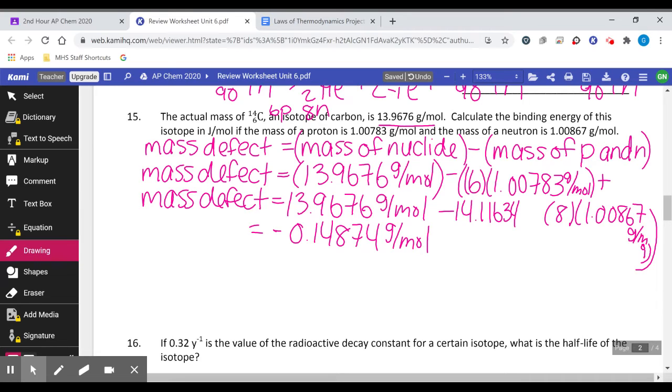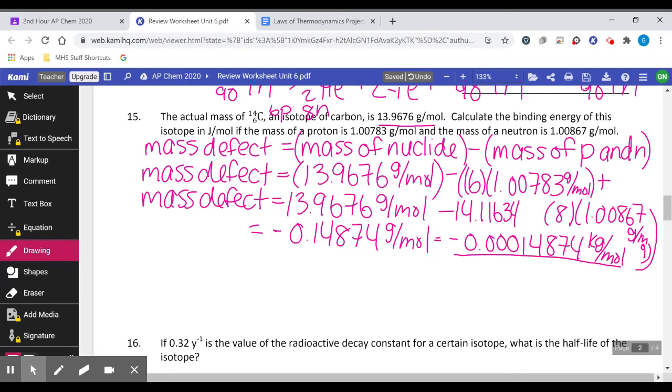I need it to be kilograms per mole so that when I enter it into E equals mc squared to calculate binding energy, I get the correct units. It must be kilograms per mole to do that. So we're just going to make our number smaller by 3 places. So we'll have negative 0.000144874. Now our unit is kilograms per mole, and that's what we need for the next part, calculating